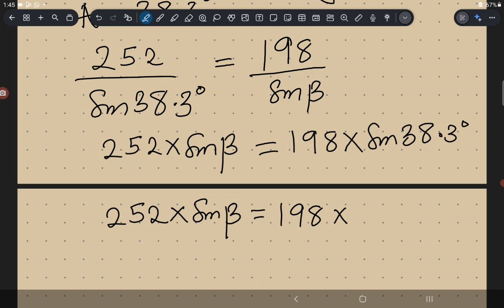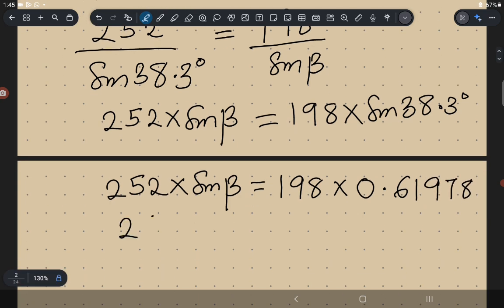By the time you press your calculator, we have 0.61978. So now 252 times sine B is equal to 198 multiplied by 0.61978, which will surely give us